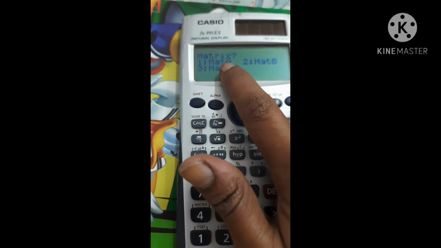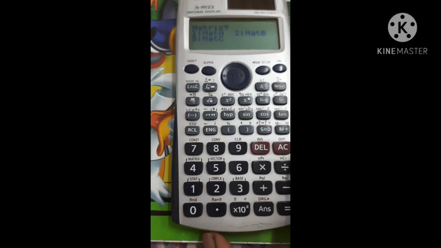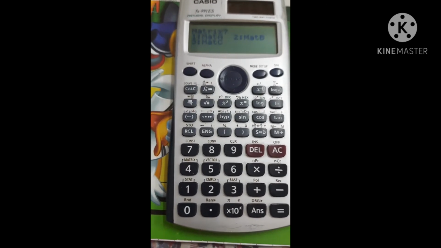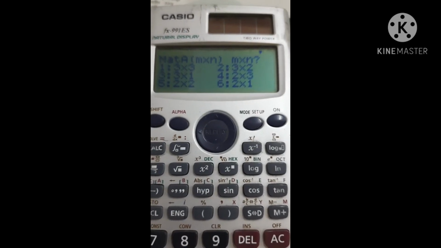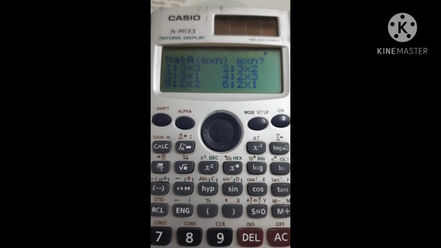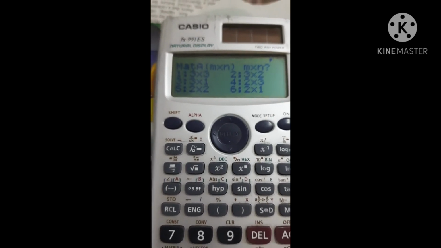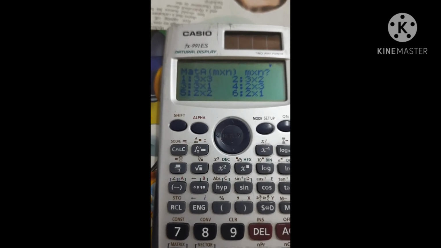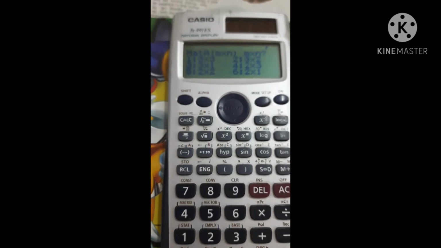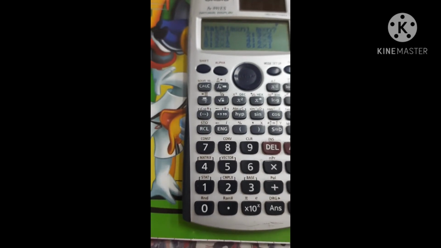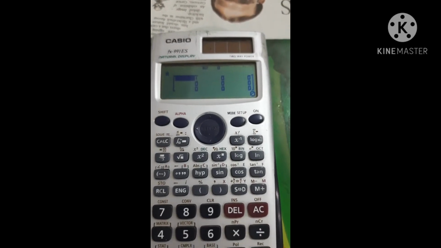Let us choose 1. Whatever matrix we want to enter will be saved in the calculator with the name Mat A. Now we can see different orders, a matrix of order m by n. A matrix of maximum order we can enter is 3 by 3 only. Let us choose option 1, that means A is a matrix of order 3 by 3.